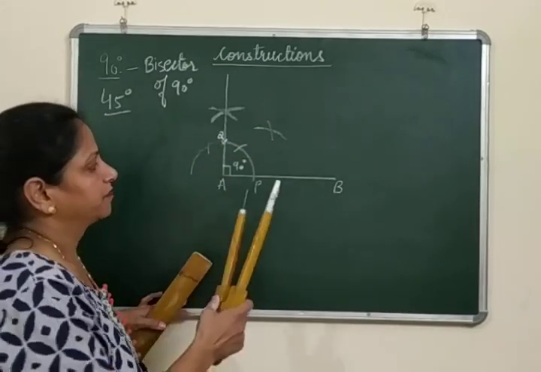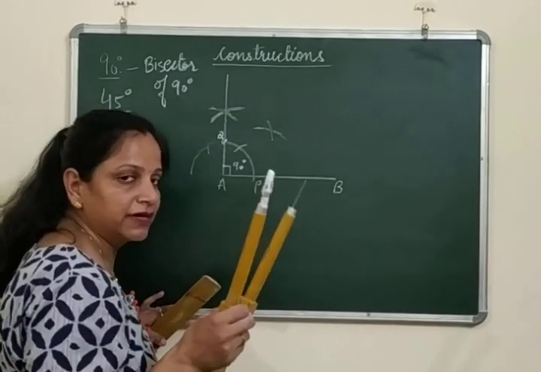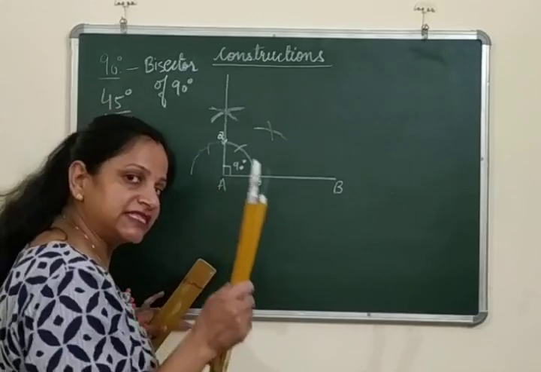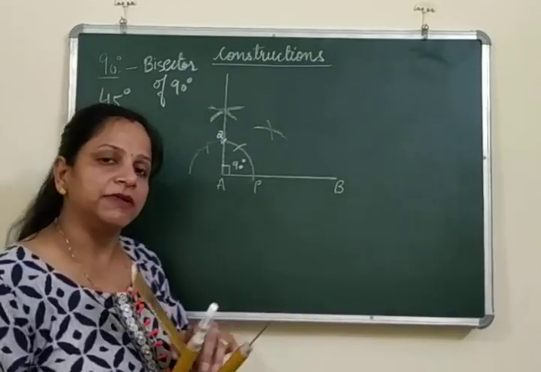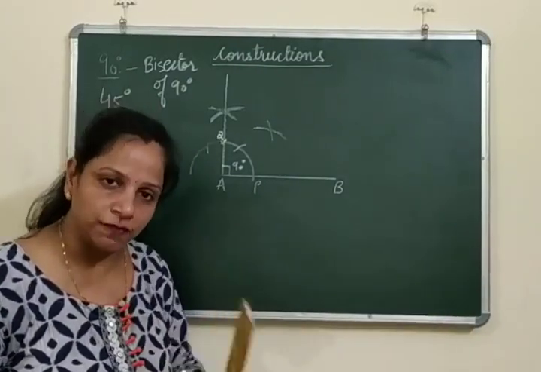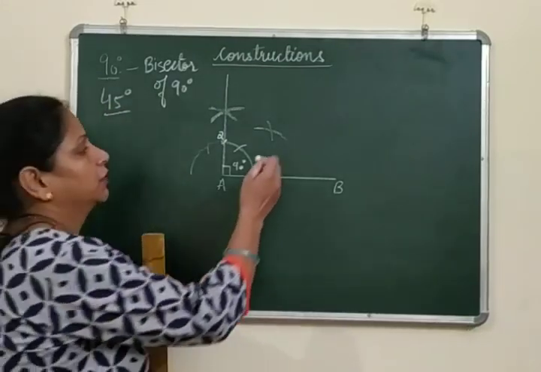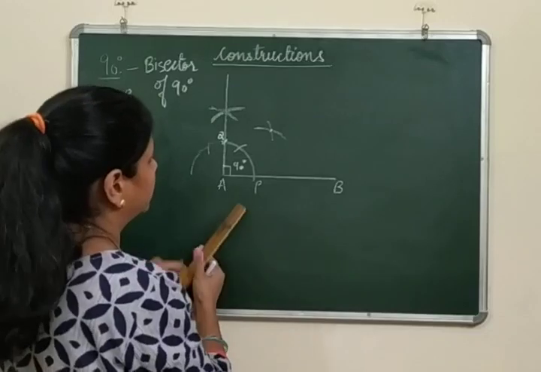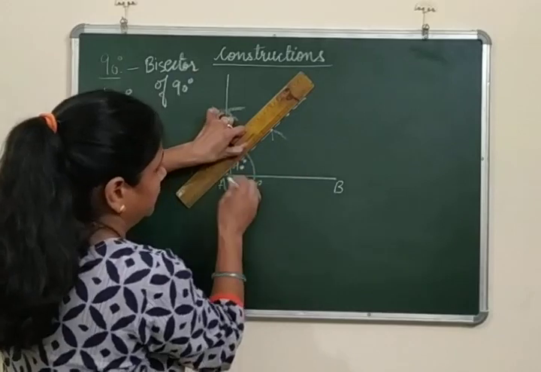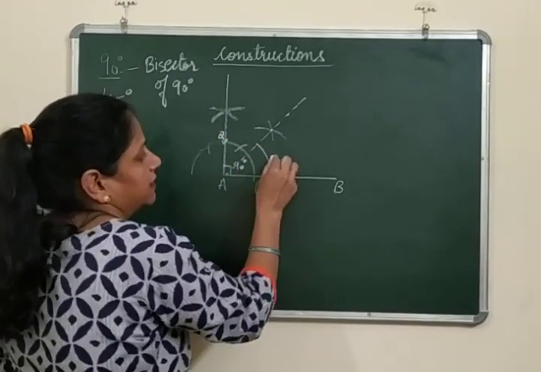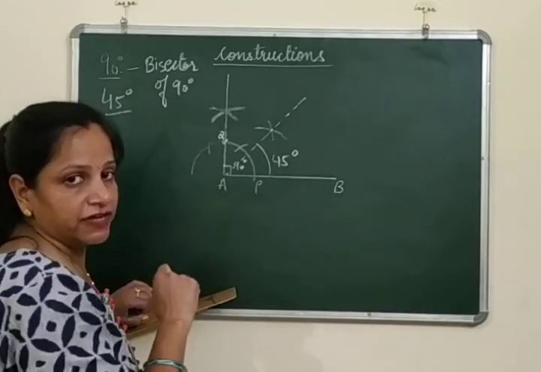Look, what you have to do is take 2 points P and Q. You can take any radius, but you have to remember that whatever radius you take should be the same for P as well as for Q. Understood? You can take any radius of your choice, but the radius for P and Q should be same. Then again, now you have got this arc, you have got this point. From A, join this point like this. So this is the bisector. This angle is 45 degree, right? This angle is your 45 degree.